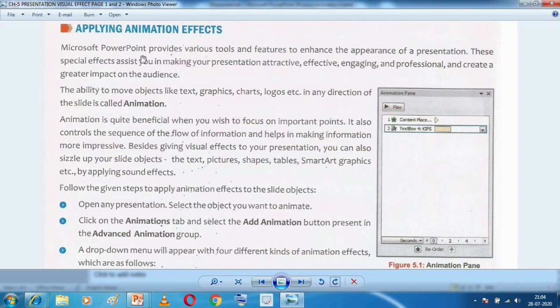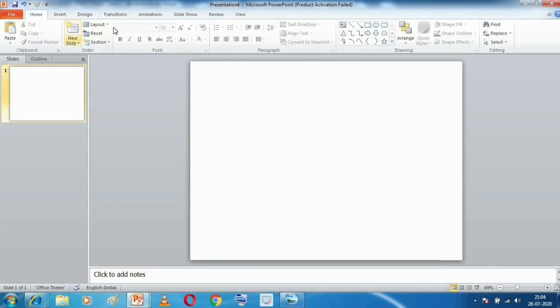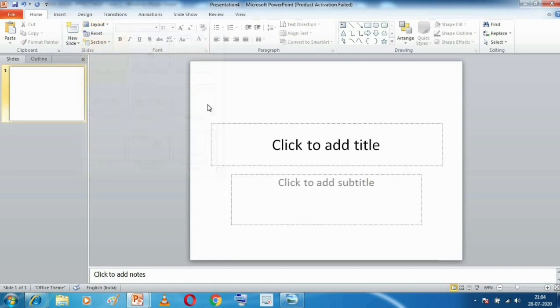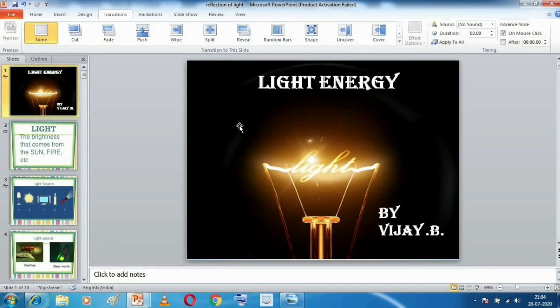Our Microsoft PowerPoint provides us various tools and features to enhance the appearance of the presentation. So see, this is a blank presentation. Its appearance is very dull. But on the other hand, this one's appearance is not that dull as compared to this.